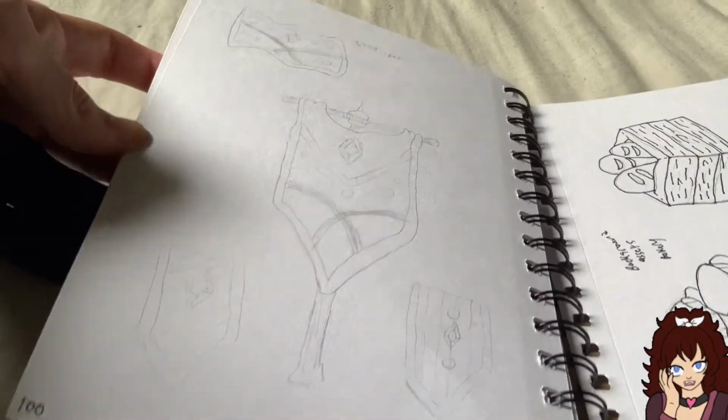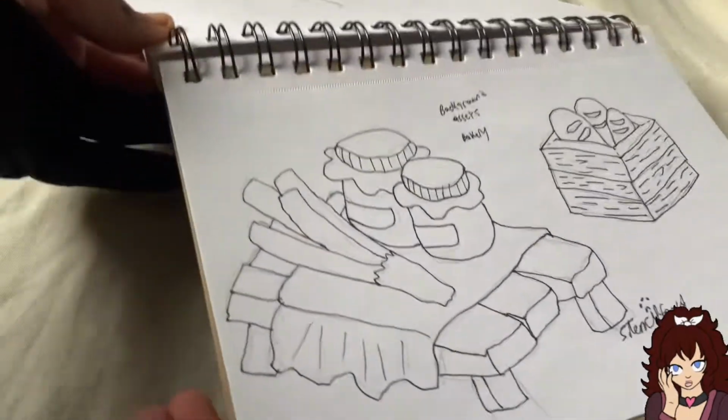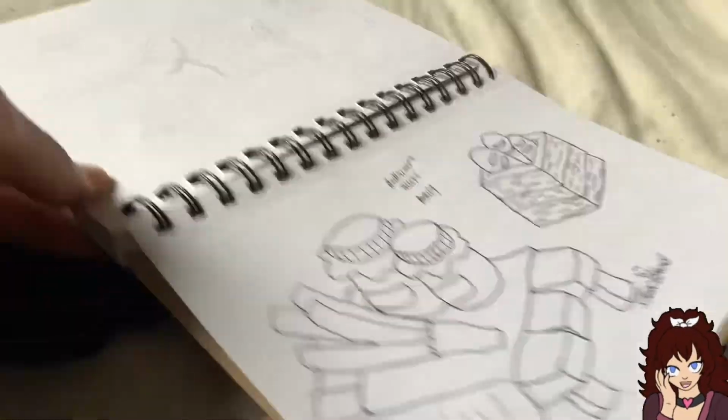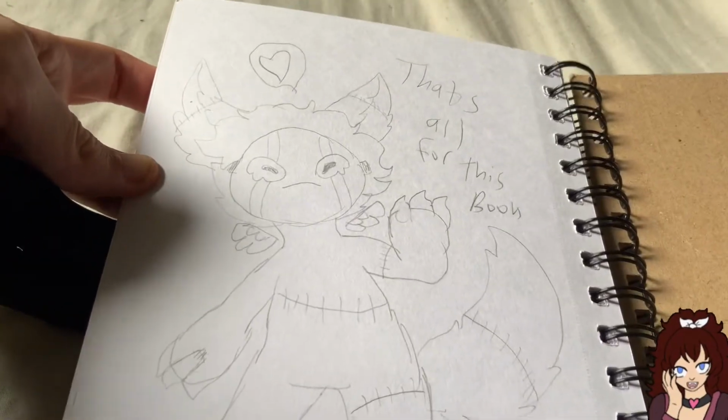These were banners that I'm going to work on a bit. I don't really know what kind of designs for town stuff. Random bakery stuff. Don't know why I think that's a leek next to a bunch of jam jars, but the last page I did was just Blight saying